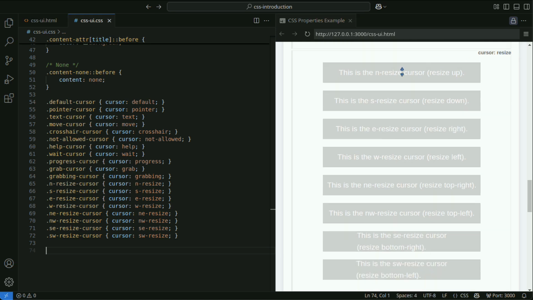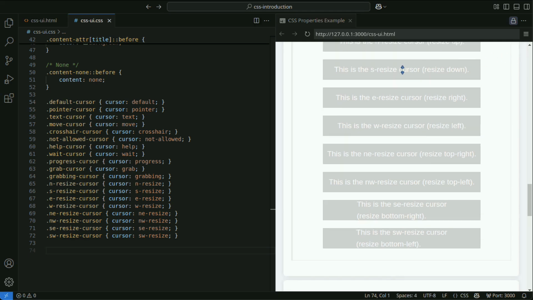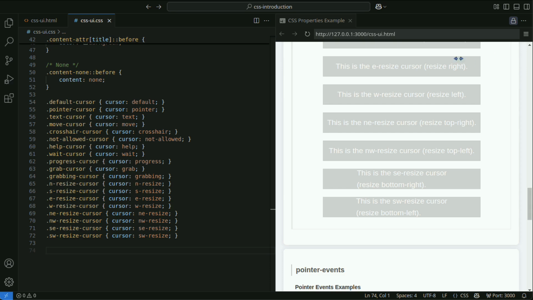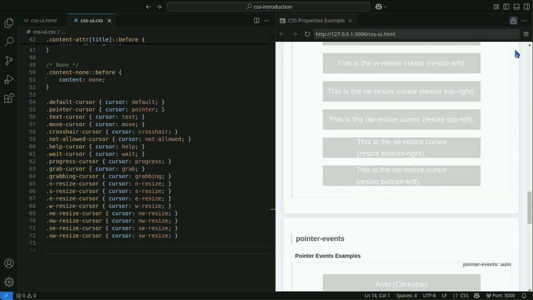N-resize, a resize cursor pointing upward. S-resize, a resize cursor pointing downward. E-resize, a resize cursor pointing to the right. W-resize, a resize cursor pointing to the left.